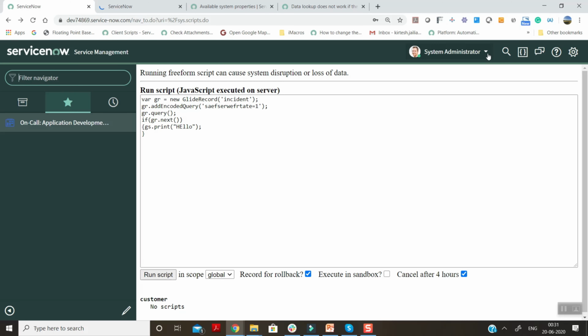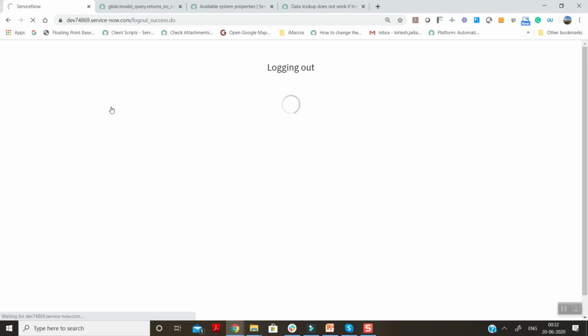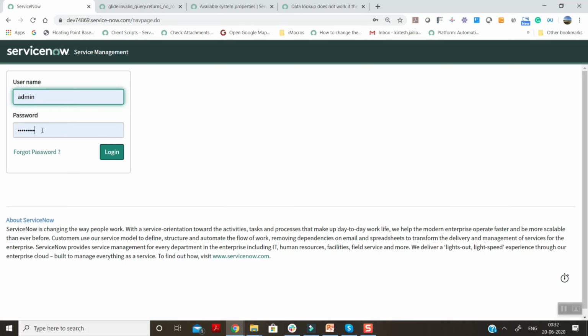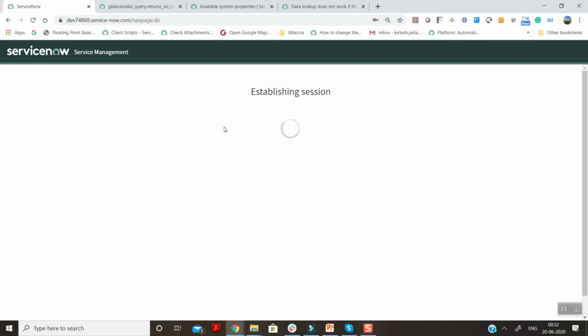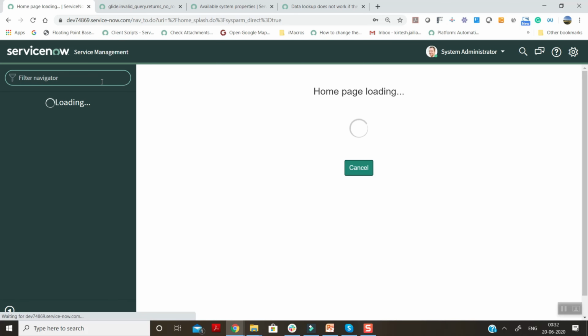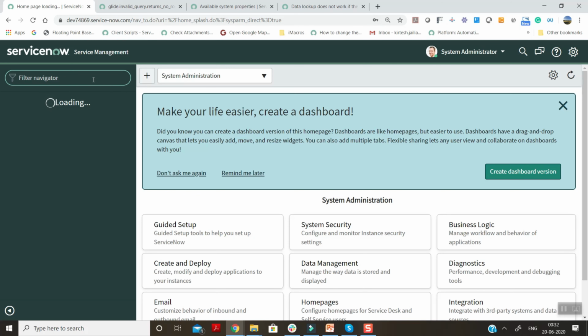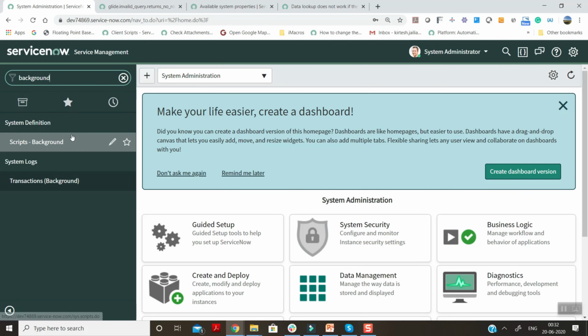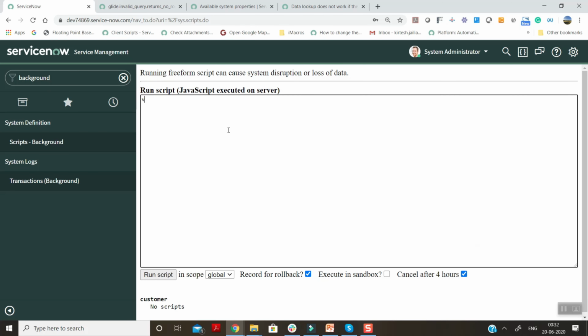To see whether it is working or not, first we log out of the instance, and again we log into the instance. I'm putting my password, logging into the system. No thanks, sorry. Going to the background script. Again we need to do the same thing.